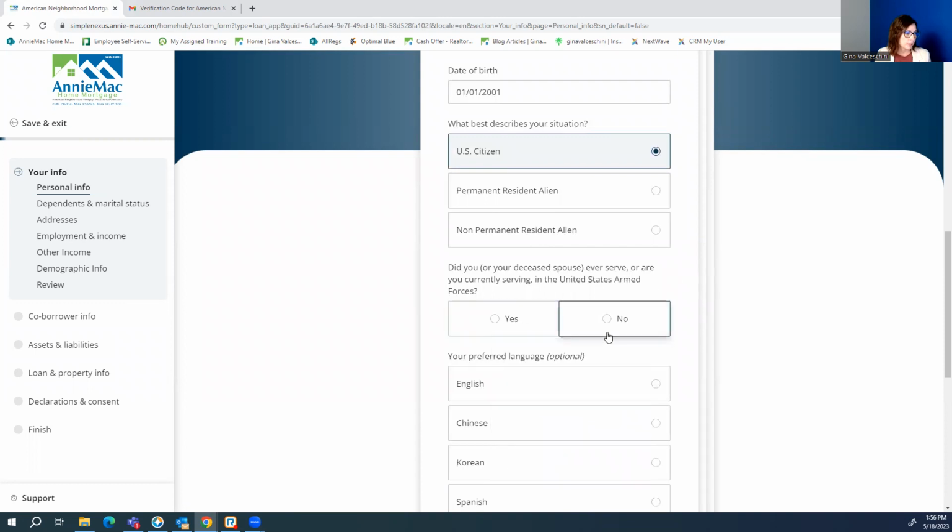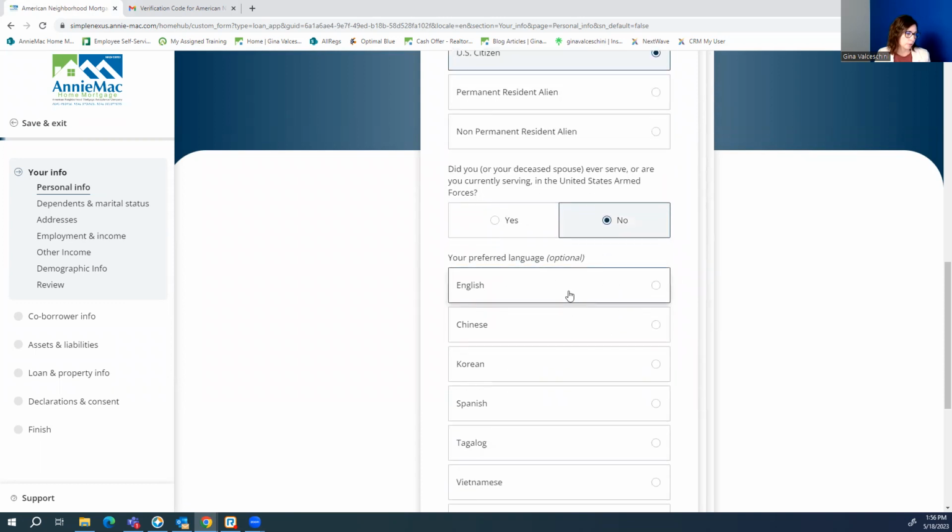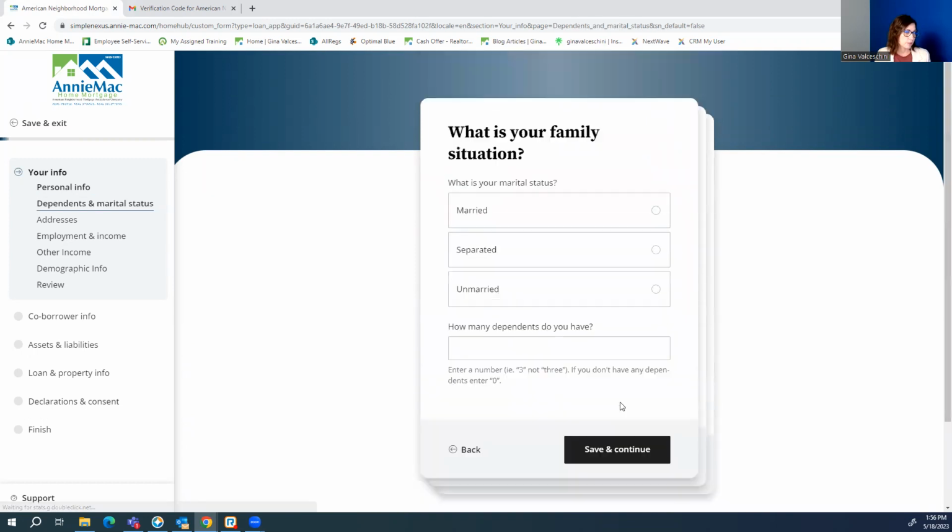Are you in the military? Yes or no? And then your preferred language, save and continue. From here, married, separated, unmarried, how many dependents you have,